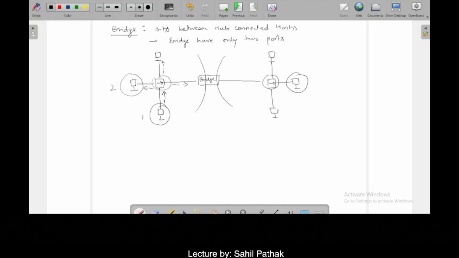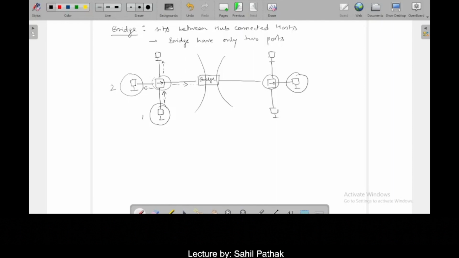You can see that host number one has sent the data to the hub, and the hub has simply broadcast the packet. Now when the data comes to the bridge, it is going to see which address it is coming from, and it is coming from host 1. Because the bridge knows the position of host 1, towards the left